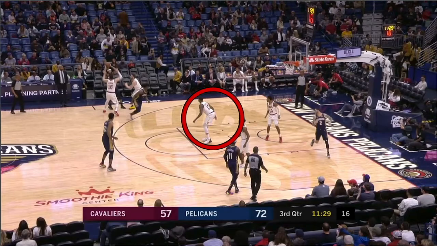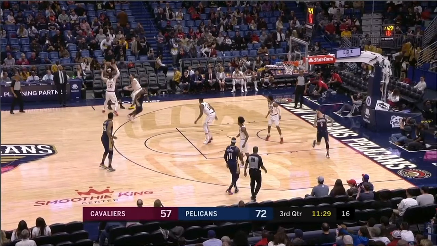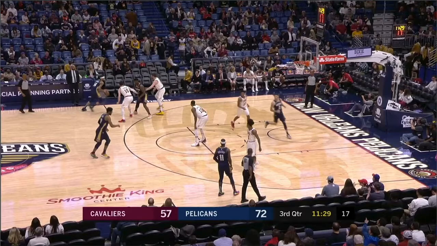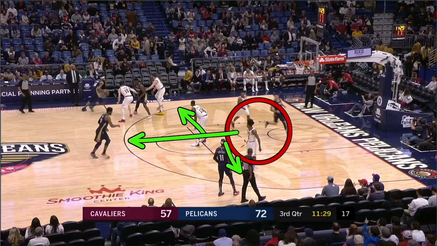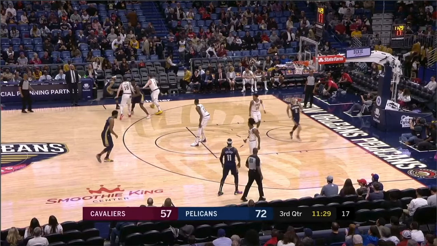If that's where your backside help's coming from, he should, like right now, you can see this ball screen getting set right here, okay? Tristan Thompson should be leaving right now and getting ready to step up in backside help. Okay, this player for Cleveland's just going to step up and occupy both of these Pelicans players two passes away. Okay, if the ball gets kicked here, this player for Cleveland then rotates over. Okay, this player for Cleveland then rotates there, and then Tristan Thompson goes from backside help onto this player for New Orleans. But if you hedge a ball screen, you don't have backside help.